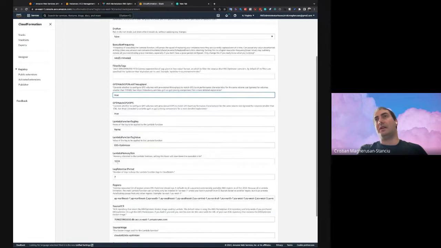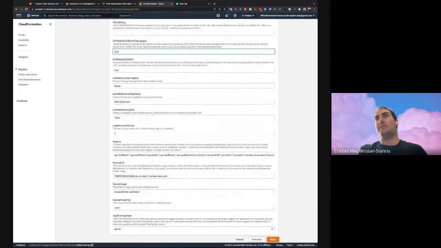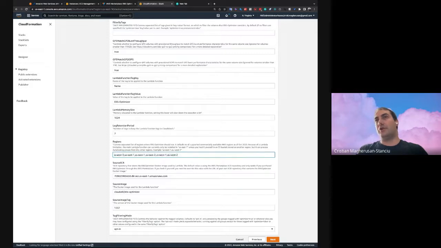The next thing is setting a tag on the function with a key and value. We can keep those as they are. There is some sizing of the memory and how many logs we keep, and also the number of regions. Some customers try to reduce the number of regions.